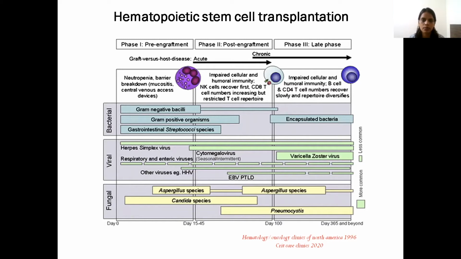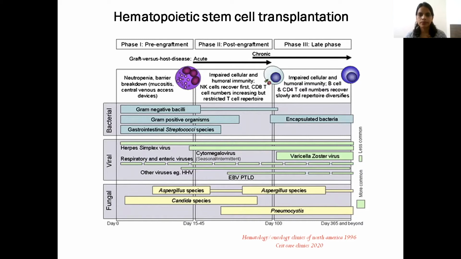So this is from day 30 to day 100. Here the host recovers from the neutropenia, but the cellular and humoral immunity is impaired in this phase. And also there is impairment in the phagocytosis, and development of graft versus host disease. So this is the period of maximum immunosuppression, and hence here the risk of development of opportunistic infection for the host is high. So these are like the cytomegalovirus infection, Epstein-Barr virus infection, infection due to Pneumocystis jirovecii, Aspergillus infection,